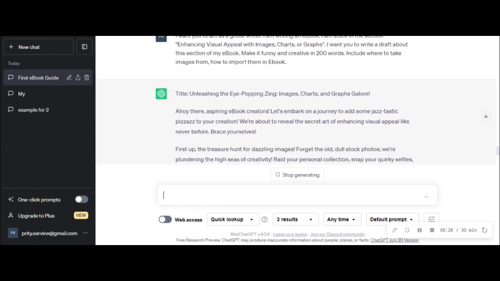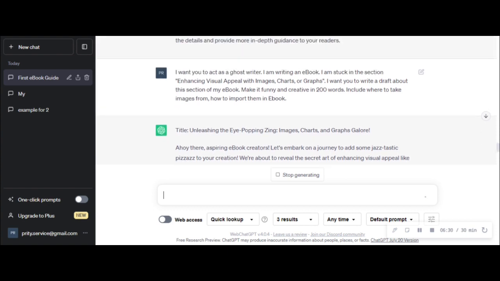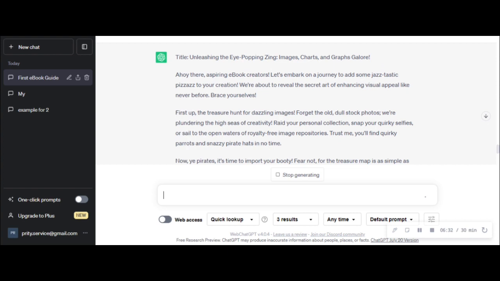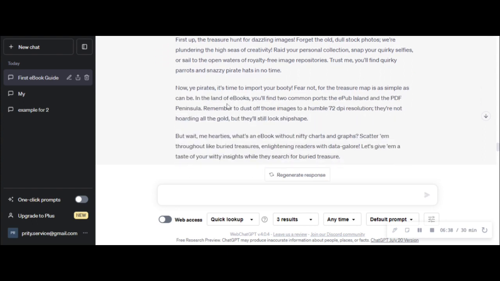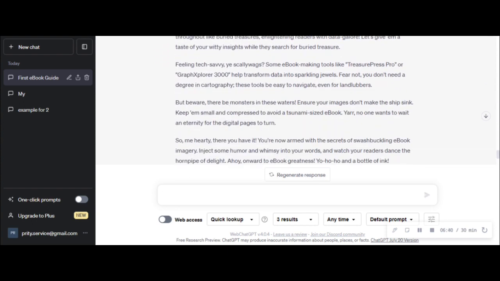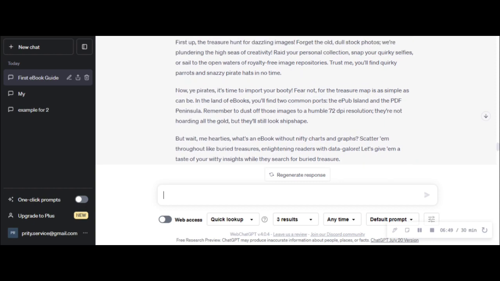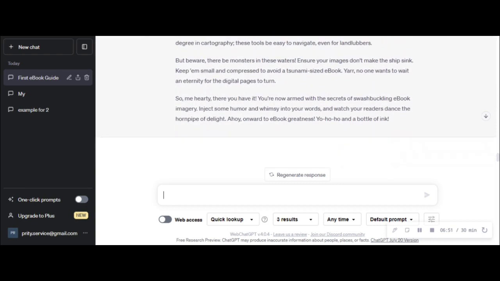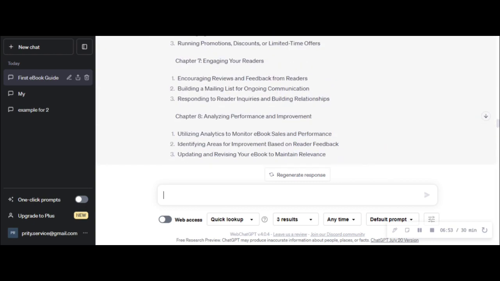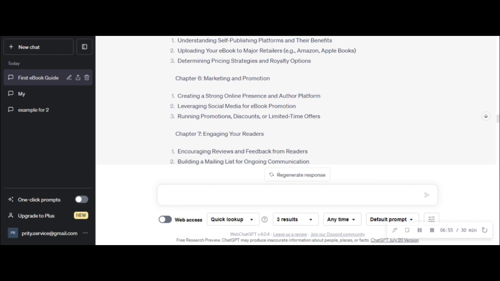I told it to be very creative and funny. See, unleashing the eye-popping zing, images, charts, and graphic galore. Ahoy there, jazztastic pizzas. See, the words ChatGPT has used. See the tone. The tone is very funny. It has all written it. Like everything is written. Done. So any topic you can't come up with,